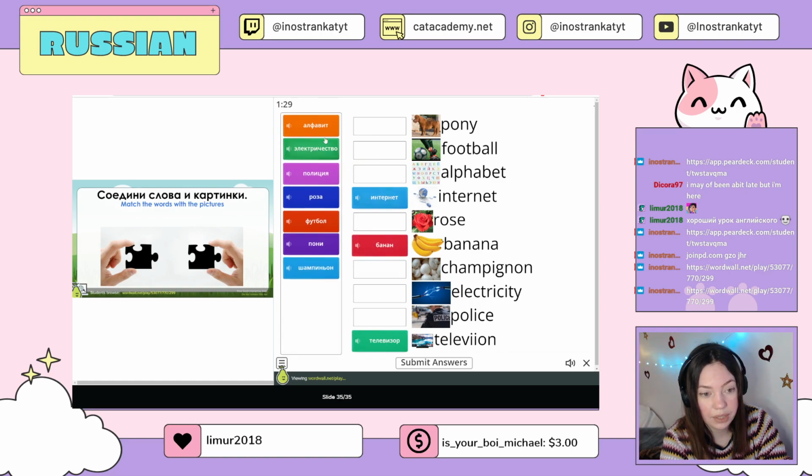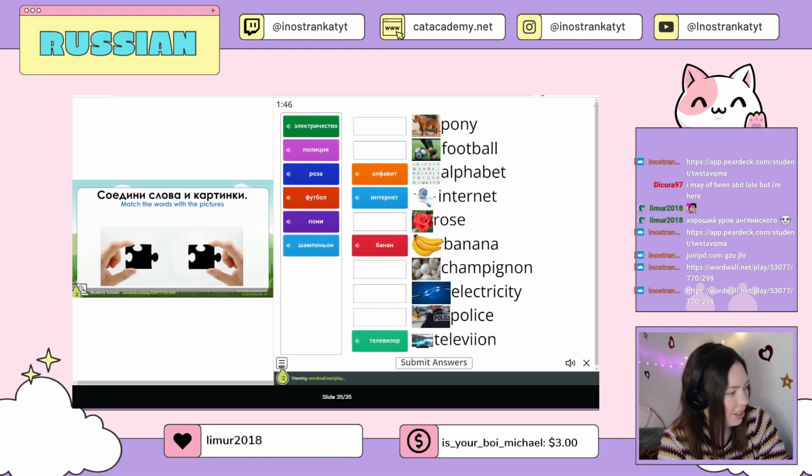You can also repeat. You can listen and you can repeat and you can still try to figure out the meaning of the words with the letters. Алфавит. Алфавит. Okay. So yeah, you can go to the last one, WordWall, or oh, I sent it actually twice. Cool. Or you can go to Pear Deck. It's also good. Because these words we did not have in today's lesson,